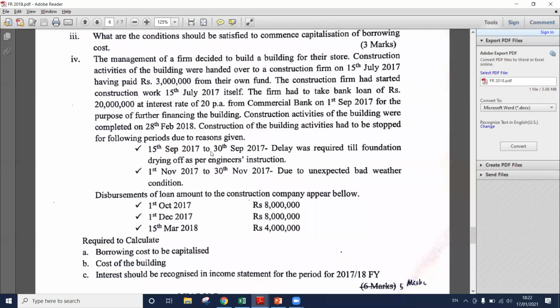So this is what? And read the second point as well. Then you can identify the difference of these two scenarios. Second point, what it says. 1st November 2017 to 30th November 2017. Due to unexpected bad weather condition. දවස් 15ක් මෙතන නවත්තනවා ෆවුන්ඩේෂන් එක dry වෙන්න කියලා. තව මාසයක් අපි වැඩ නවත්තනවා. Why? Due to unexpected bad weather condition. So what are we supposed to do here? It says,